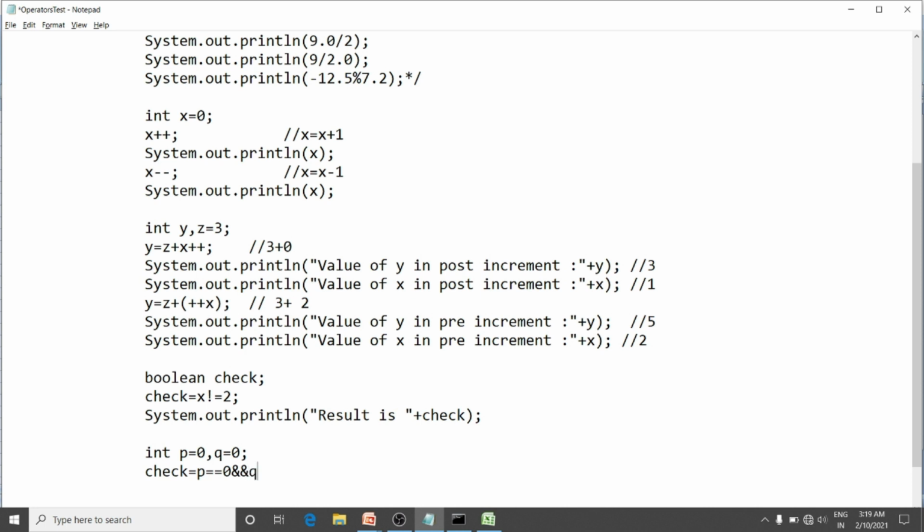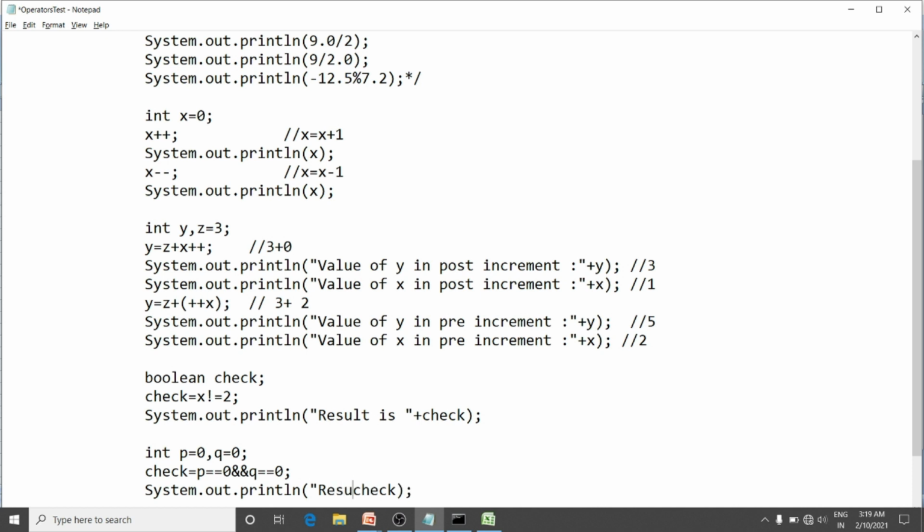Q equal to 0 semicolon, every statement gets ended with semicolon. System dot out dot println check. Here see P is equal to 0. Yes, it is equal to 0 only. And Q is equal to 0. Yes, Q is equal to 0. Both the conditions are true.